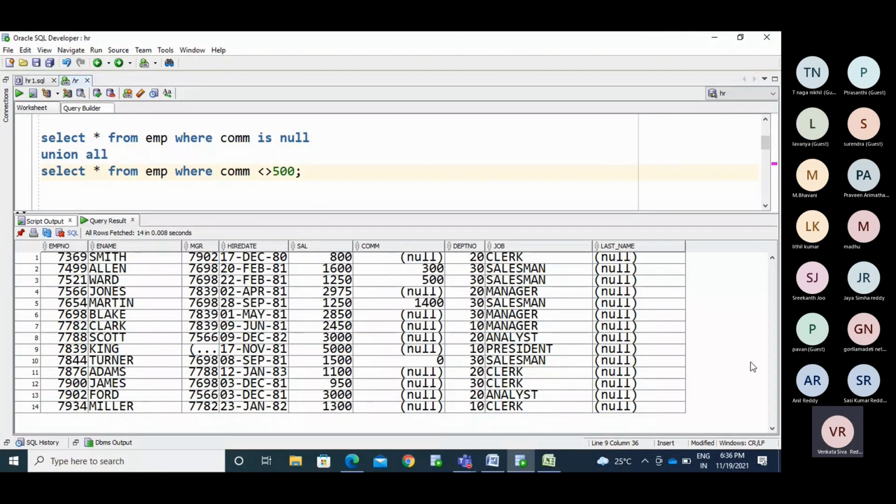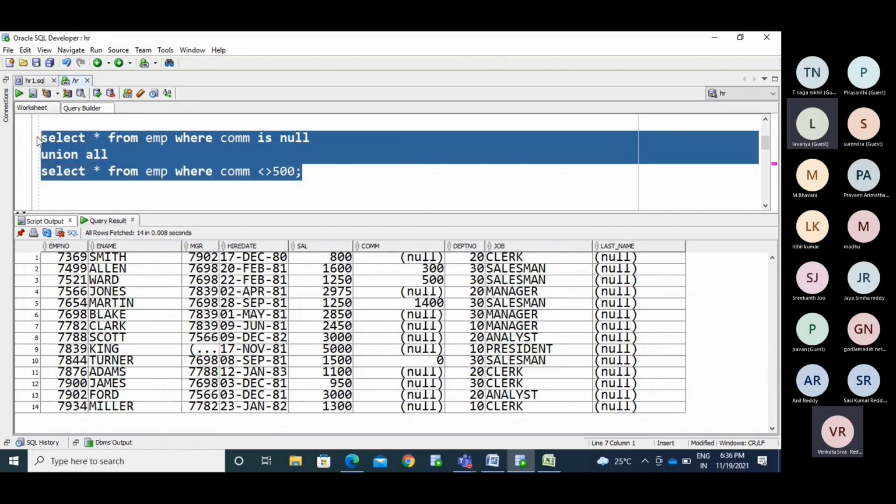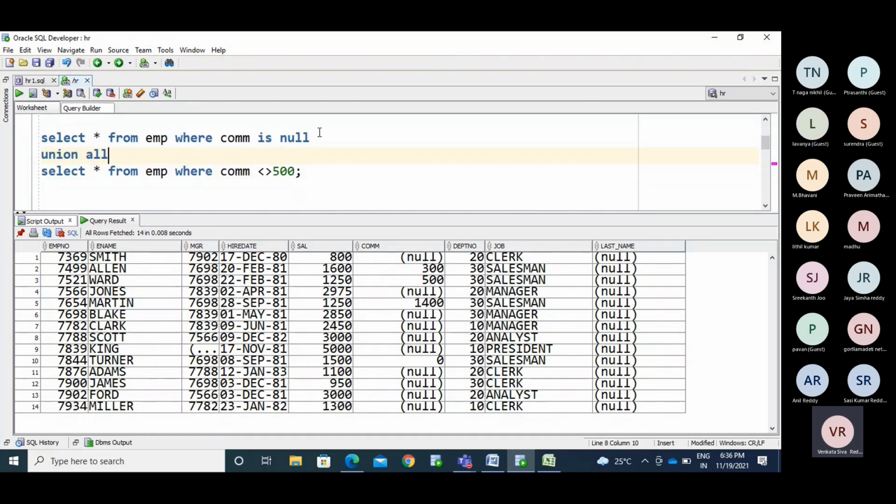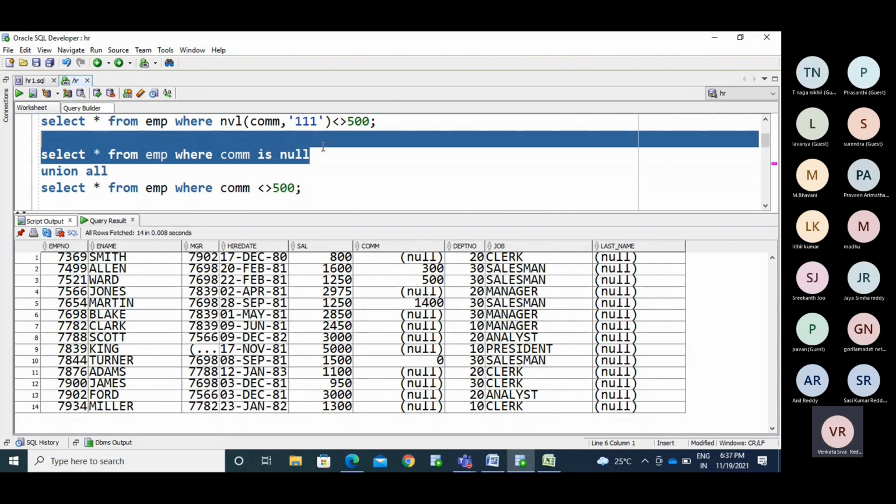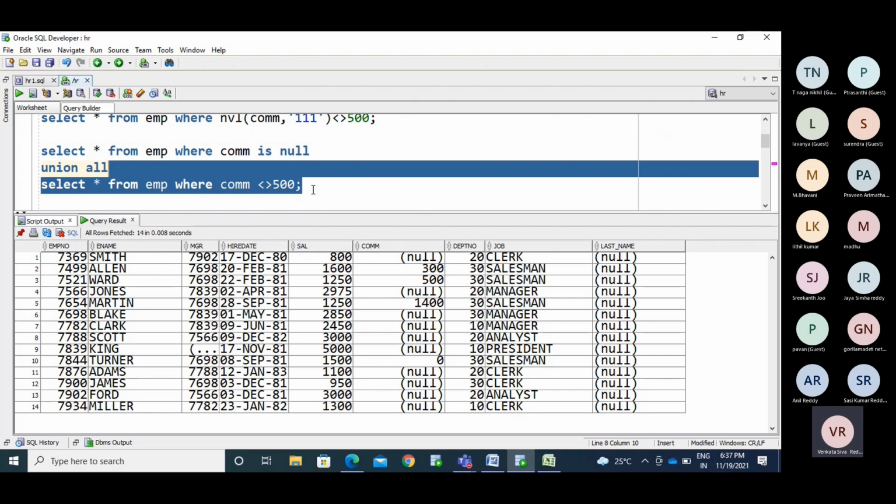Okay, so this is my employee table. Now if I run this query, how many records will I get? 13. Who said? Lavanya. Okay. If I use union or union all, I will get the same records, because here I will get all the null values, and here all the not null values except 500.